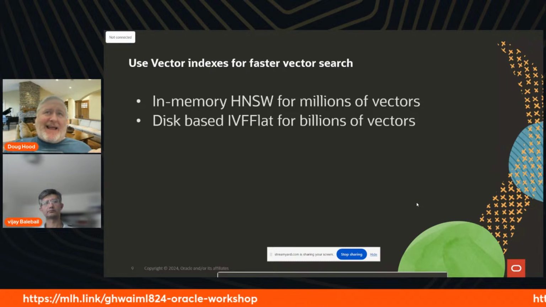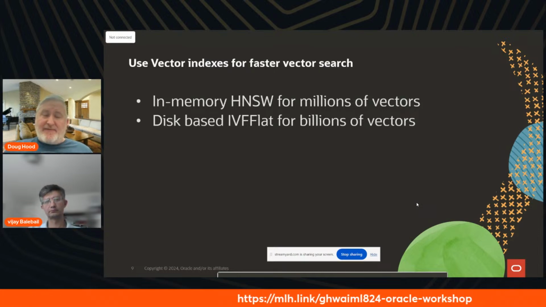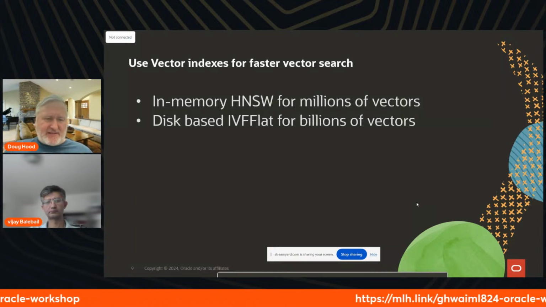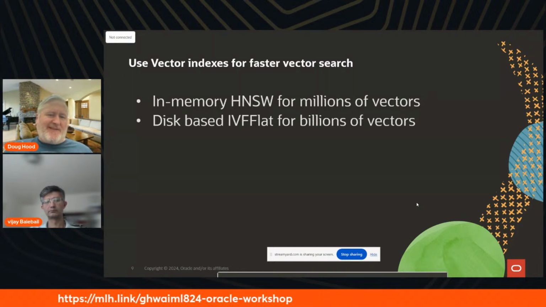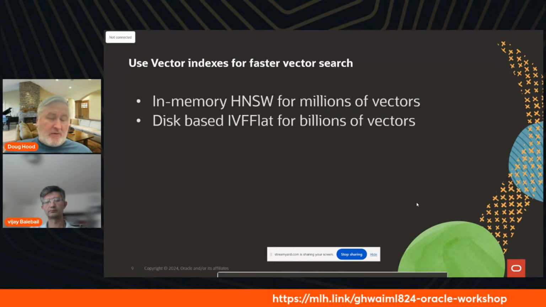Because you can have a large number of vectors, you need to be able to search those vectors very efficiently, i.e. very fast. You want to be able to get answers in milliseconds, not seconds, minutes, or hours. So the trick to do that is you use vector indexes. All vector databases use some form of vector index. Two of the most popular vector indexes are in-memory vector index, HNSW, for hierarchical navigable small worlds, which is a